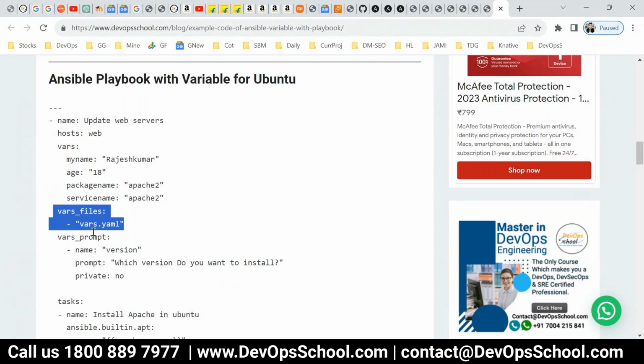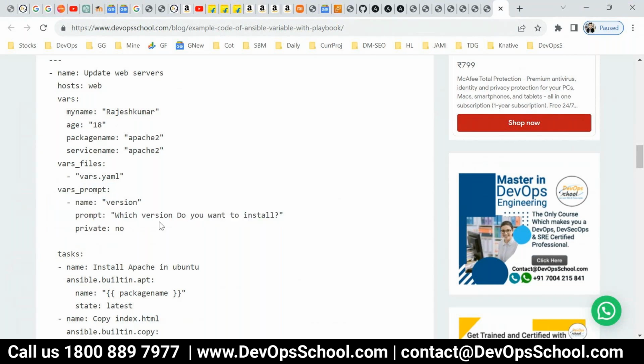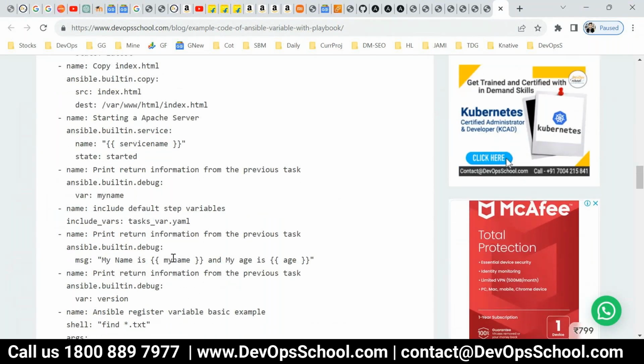Third way to call the variables, you can ask the user also, user prompt, which you call in Ansible vars prompt. So here you can introduce the variables through the users also. Using this command, it will prompt you, hey, which version do you want to install, and you can enter it. That will set the values for this. So version, if you see that here, I am trying to display